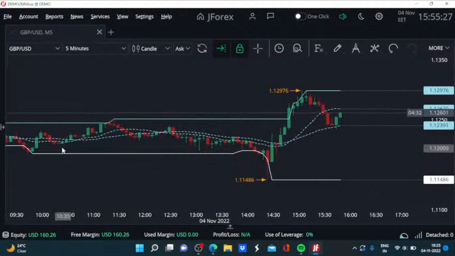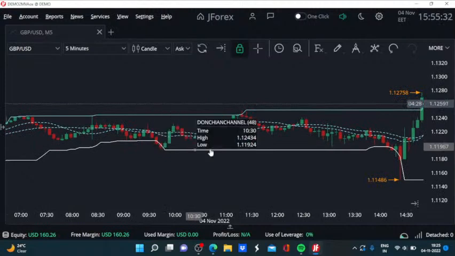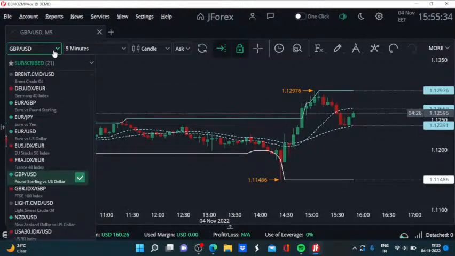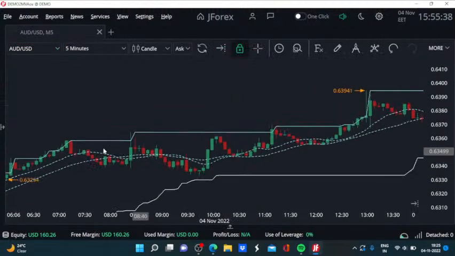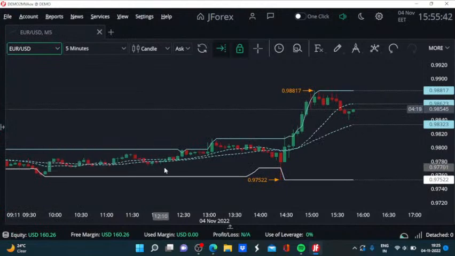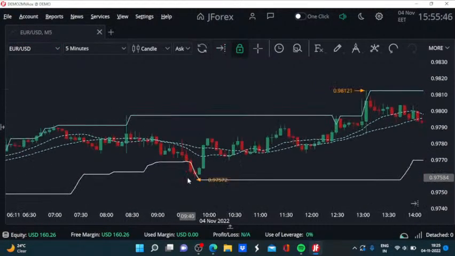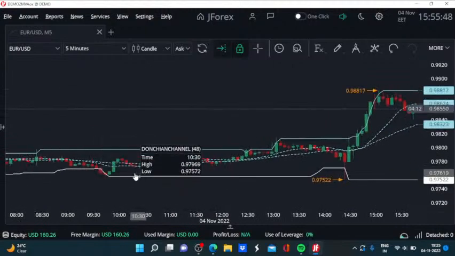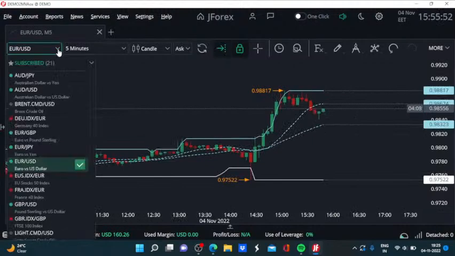We can notice that GBP USD went on to make 4 hourly lows twice, but that didn't really happen for AUD USD or for that matter, even for Euro USD. So we can say that for Euro USD it has happened. We saw the Euro USD also making a low, but AUD USD